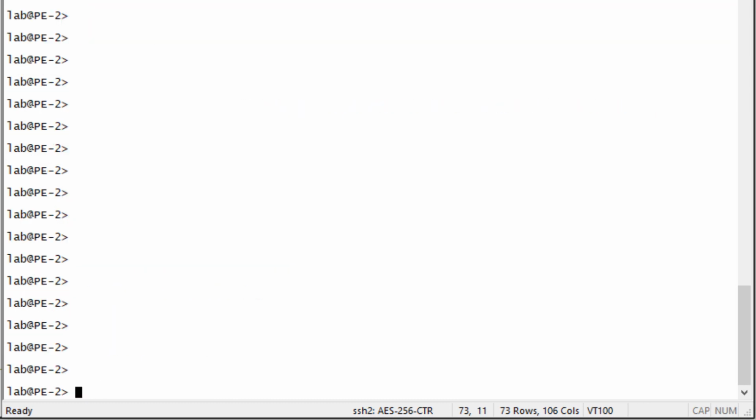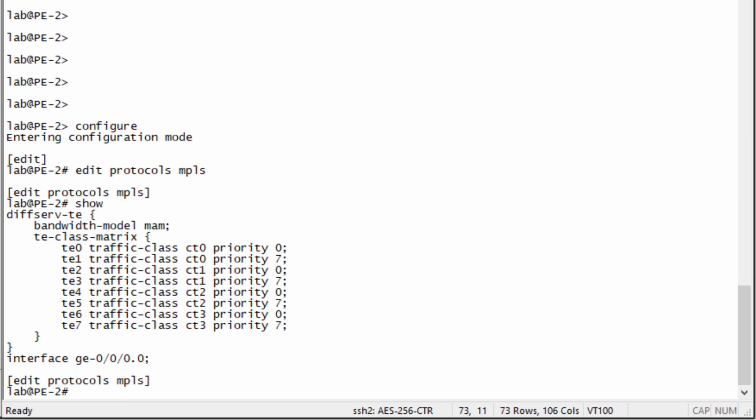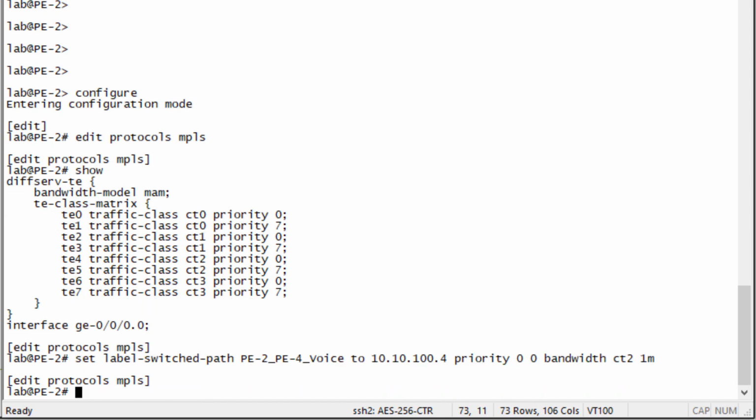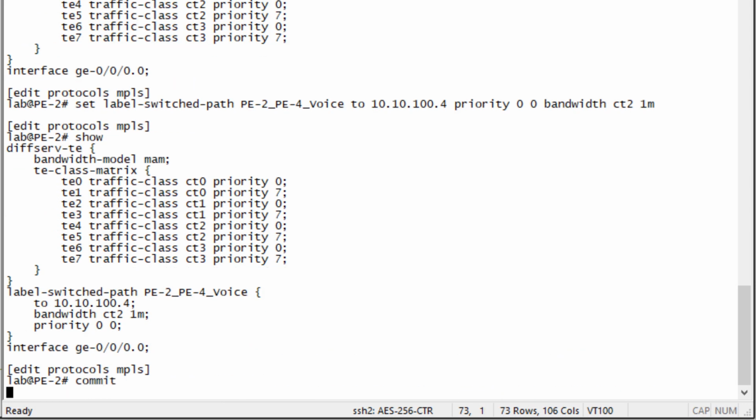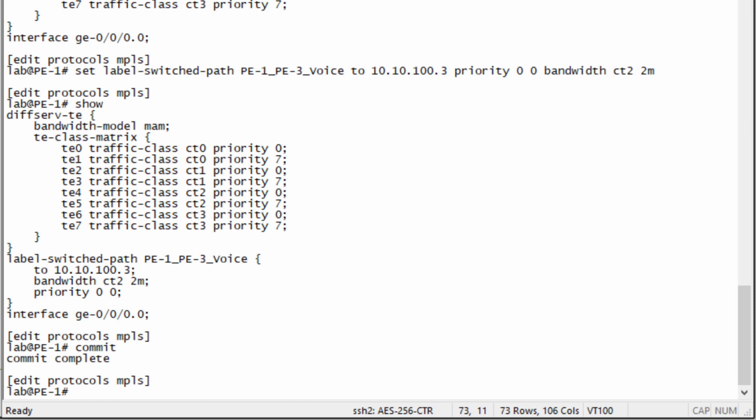Now let's jump to PE2. So here is PE2. You can see a similar configuration of what we had on PE1. Now we need to set up that label switch path. And it's going to PE4. Type in PE4's IP information. Set the priority 0, 0, and then need the bandwidth information, CT2, 1 megabit per second. Let's go ahead and commit that configuration, and then we'll jump back to PE1 and examine,